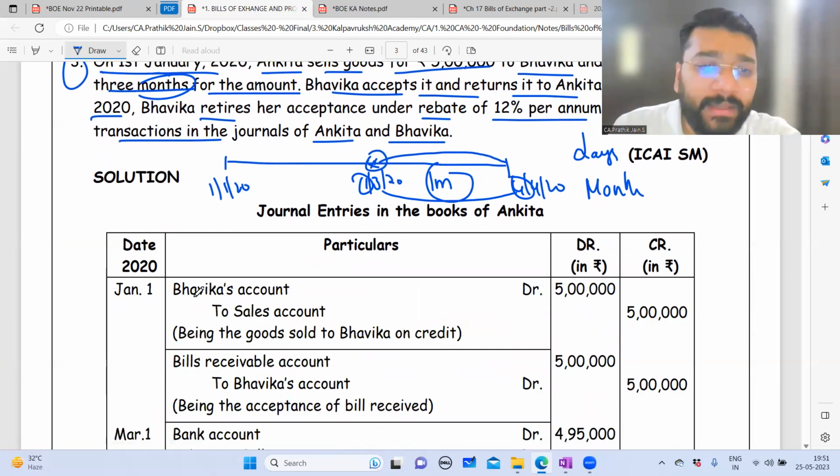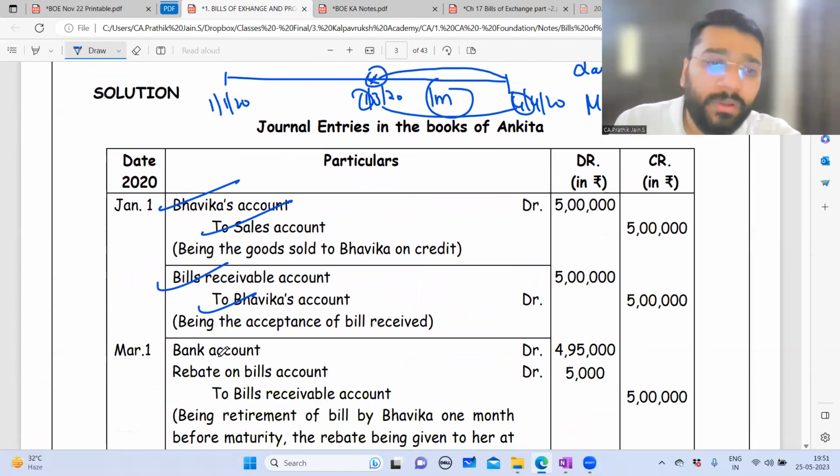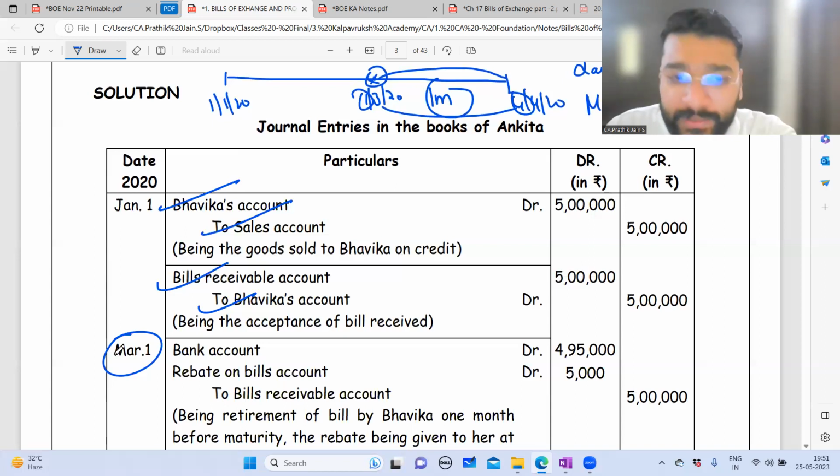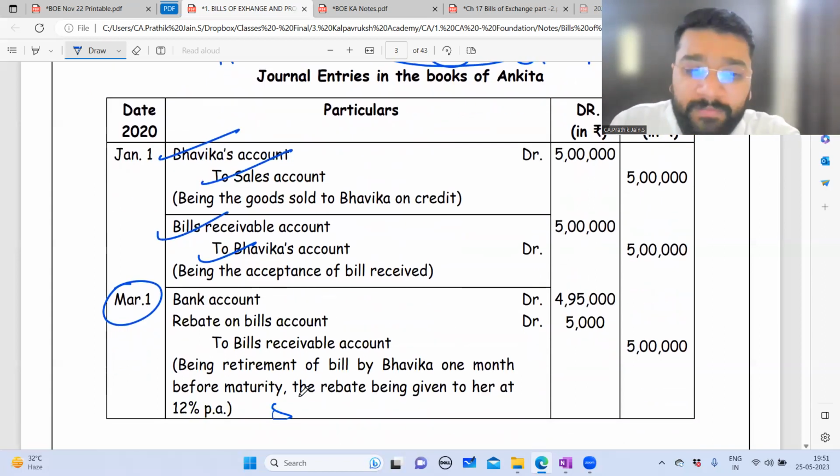So what is the sale entry? Debtor to sale, Bhavika to sale 5 lakh. We are reversing the debtor and recreating the bills receivable. And we are making the early payment on 1st of March. So what is the rebate that we are getting? 5 lakh